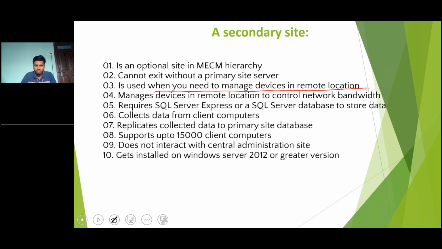Why do we need it? To control the network bandwidth. Because let's say, for example, you watch this properly, guys. You have New York, and New York is headquarter, and you have 100,000 devices. So primary is managing all these devices. But what about the devices in Mumbai? Let's say Mumbai has 5,000 devices. Chennai has 10,000 devices. So in order to manage these devices in Mumbai and then Chennai,